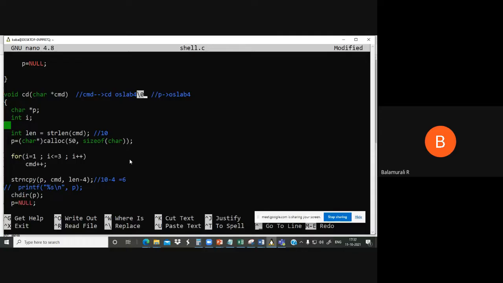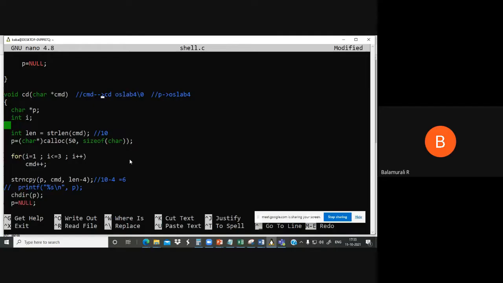These two characters are counted as one character. So it's 10. Now we allocate space for p using dynamic memory allocation: p is equal to (char *)calloc(50, sizeof(char)). We are allocating 50 locations, each of size 1 byte. A char is 1 byte. Now this cmd, as I already said, should only point to OSlab.